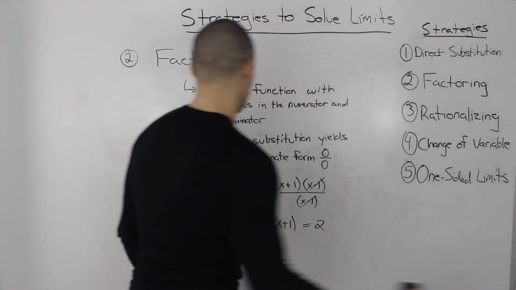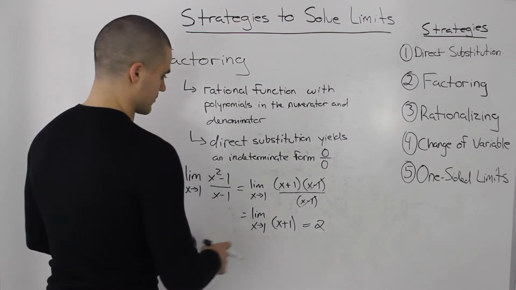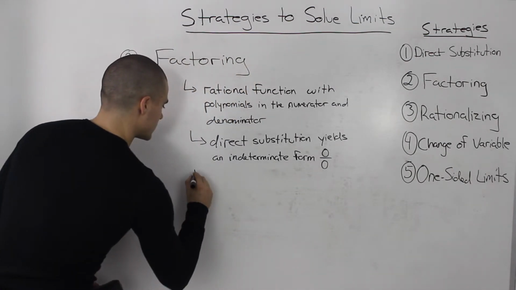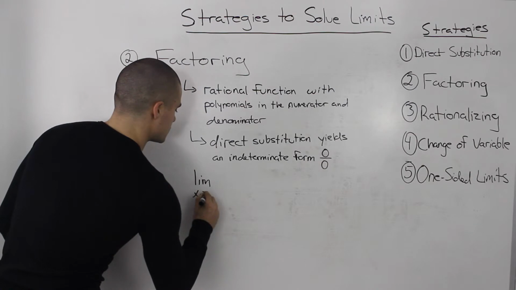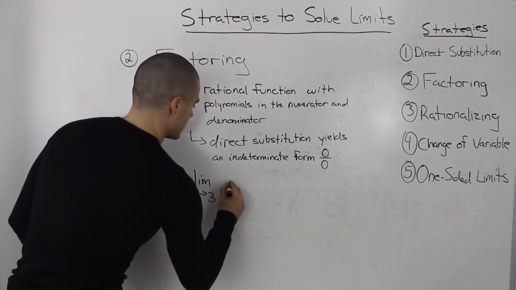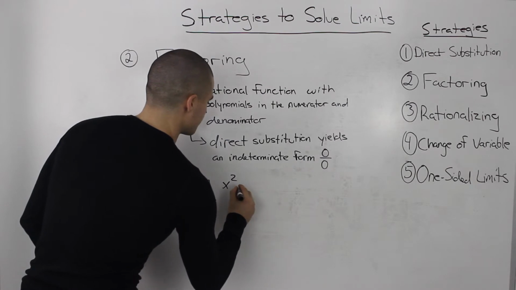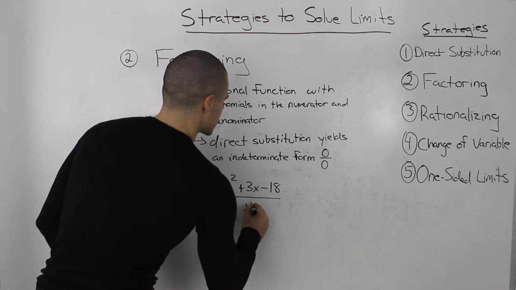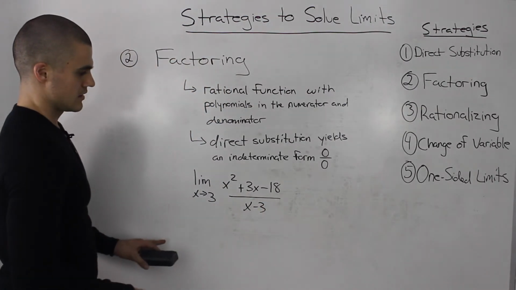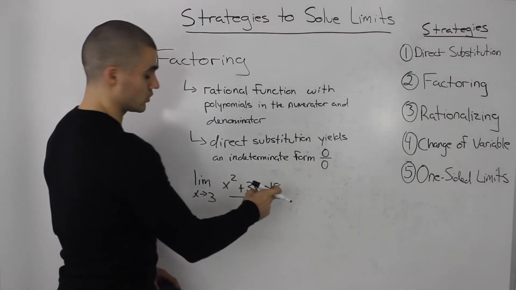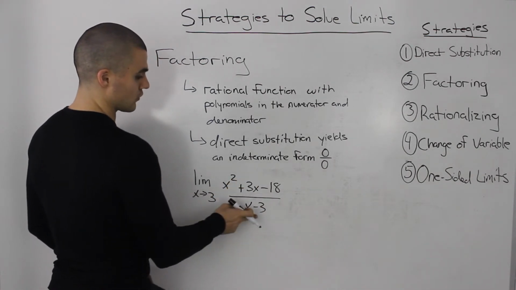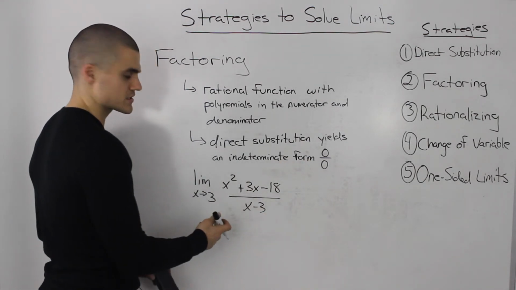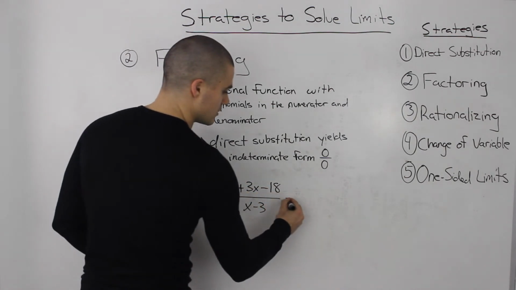Okay, let's go over another example. So let's say we got the limit as x approaches 3 of x squared plus 3x minus 18 over x minus 3. So if we plug in 3 for the numerator, we'll get 0, but if we plug in 3 for the denominator, we'll also get 0. So we'll get an indeterminate form of 0 over 0, so we can't just use direct substitution, but we can factor